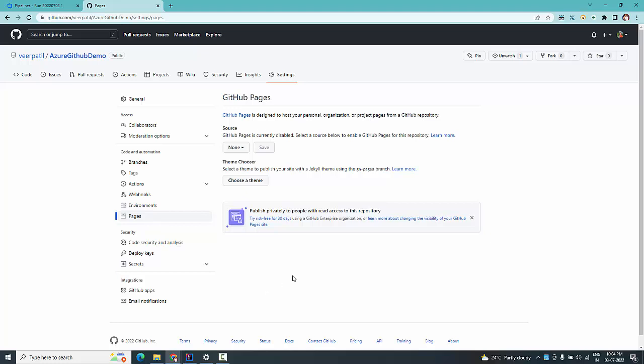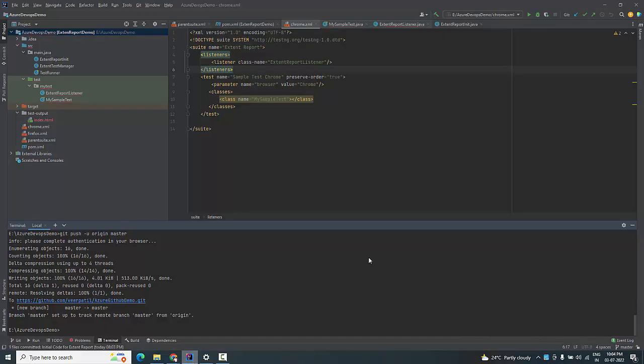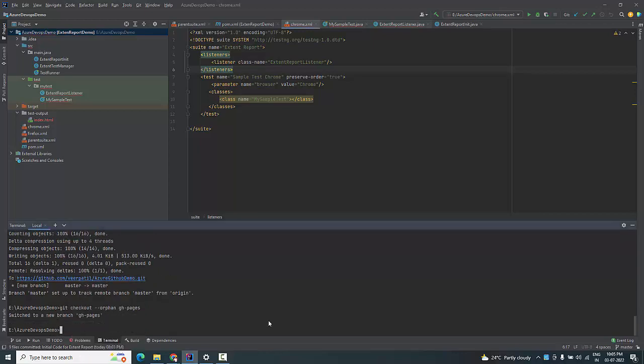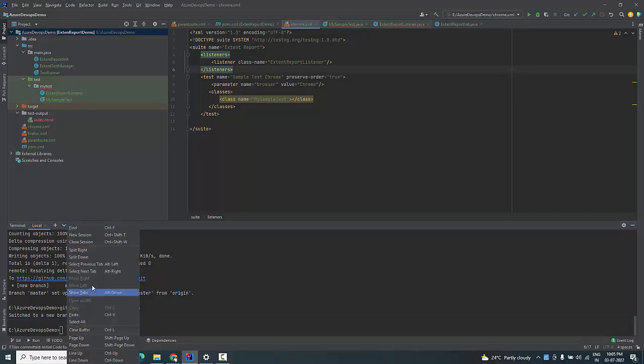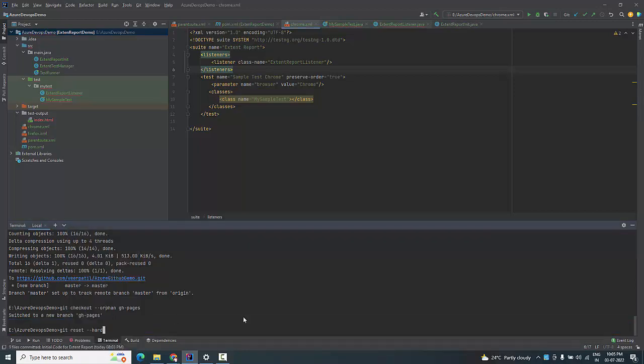So for that, we have to create one empty branch called GitHub pages. I'll tell you how you can create that. First of all, you have to do git checkout and open gh-pages. So this will be a new branch that has been created. Then we'll reset all the code that we are having. Basically it has been created from master, right? So we have to